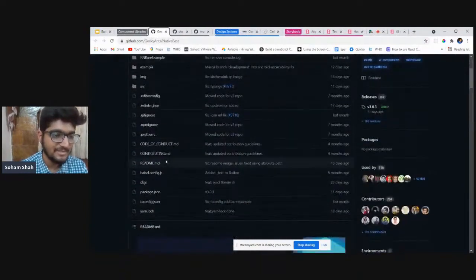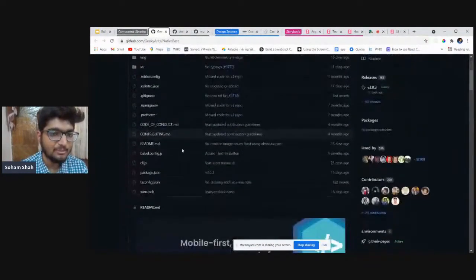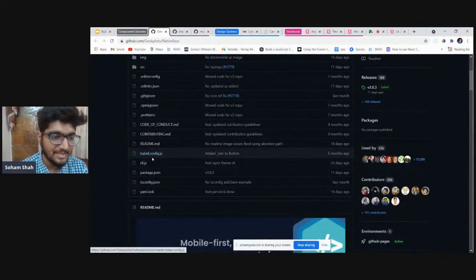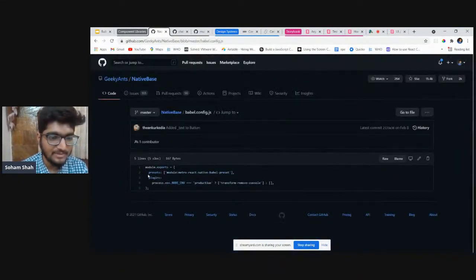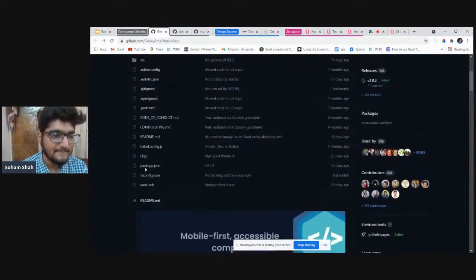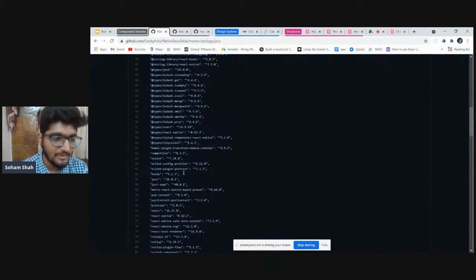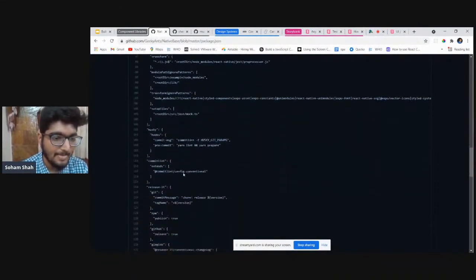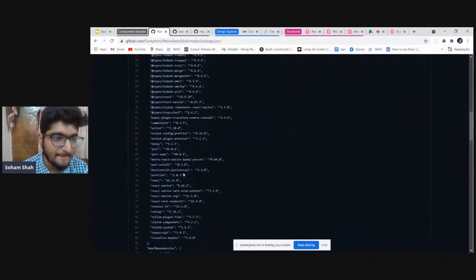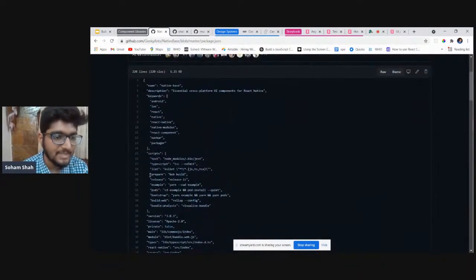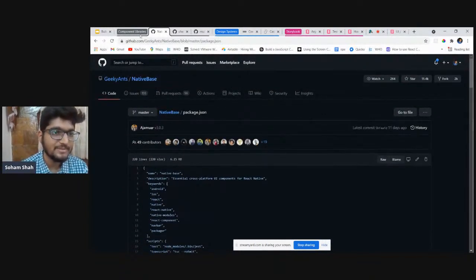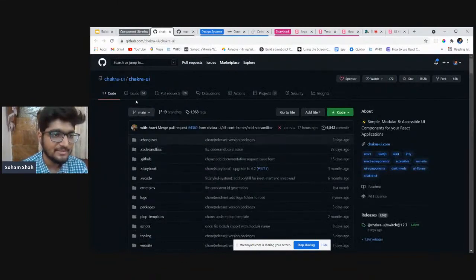So now this is native base. Native base is a React Native plus React component library. So it has a babel.config.js file. And again we must go to package.json, and there are scripts. So they have build web, so it is using rollup config. So this is what we were just talking about. So native base is also using rollup, which is pretty good, that we just saw.